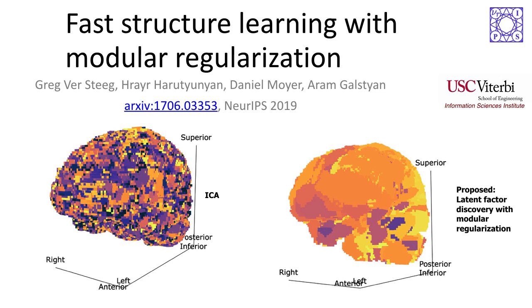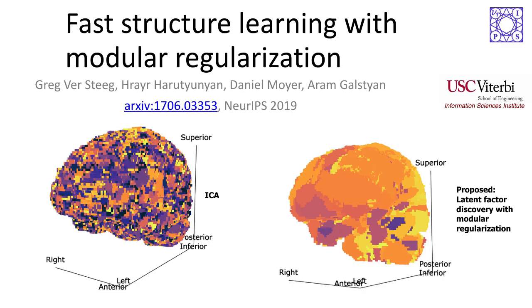This paper is about using latent factor models to discover structure in high-dimensional datasets. fMRI data, for example, might have over 100,000 variables, but might have only a handful of samples for each individual. Existing latent factor methods either fail to recover structure in this type of undersampled data, or they're computationally intractable on such high-dimensional datasets. We propose a modular regularization scheme that allows us to find plausible structure in high-dimensional datasets in